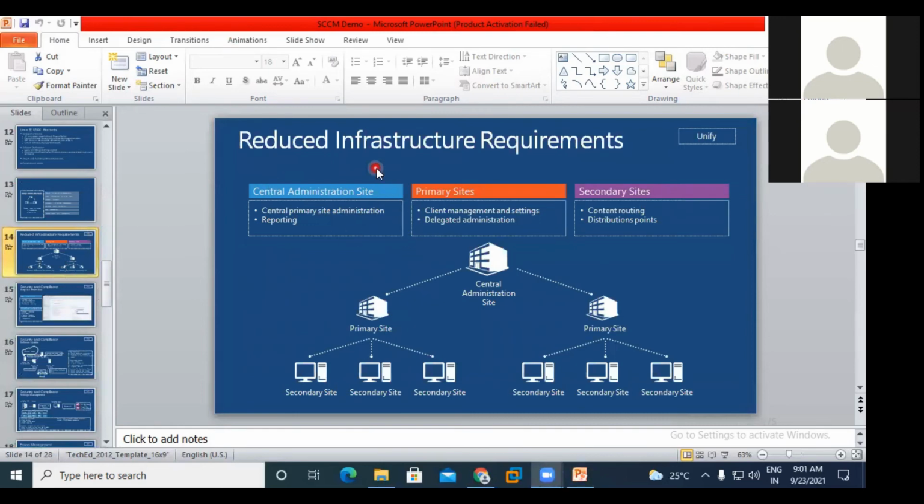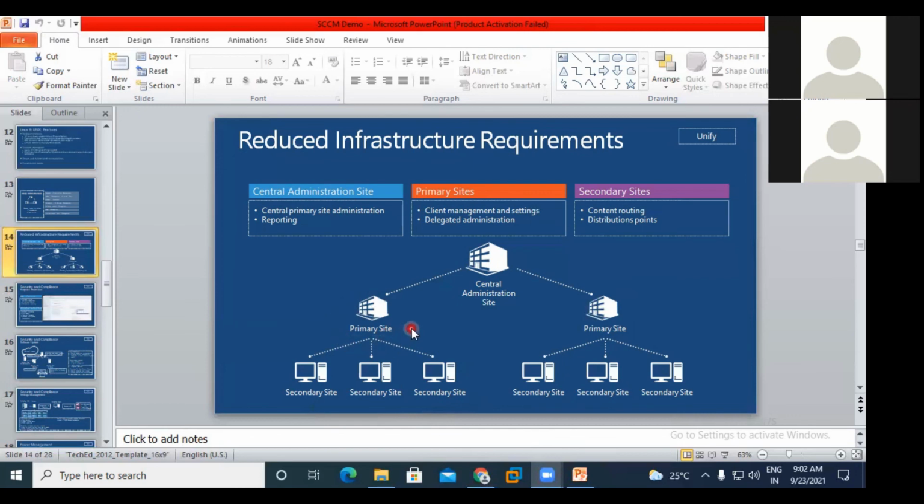Yeah, this is the SCM hierarchy. In the SCM hierarchy, there are three different types of sites. First is the central administration site, second is the primary site, third is the secondary site. Based upon our customization, our network speed, and the users' head count, we will configure these three. If you have a single branch, then you can configure a primary site. If you have multiple branches, with fewer users in the remote branches, you can consider a secondary site.